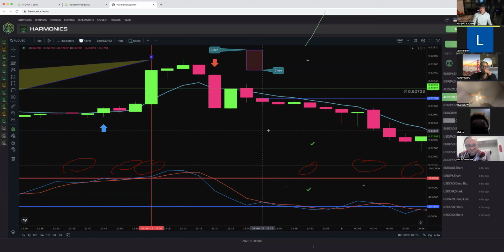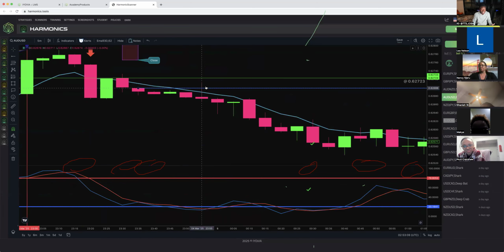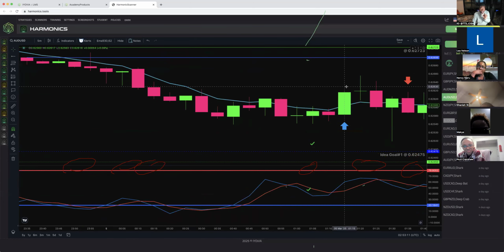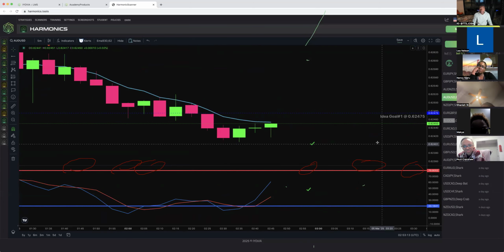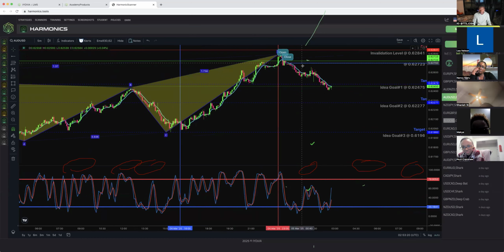From that entry, where did you see this thing drop in a negative for real? It came back just a little bit, all the way down, target number one hit. If you took the trade right there, following these 7 steps, you would have entered your blue line. From there, the market hit target number one.